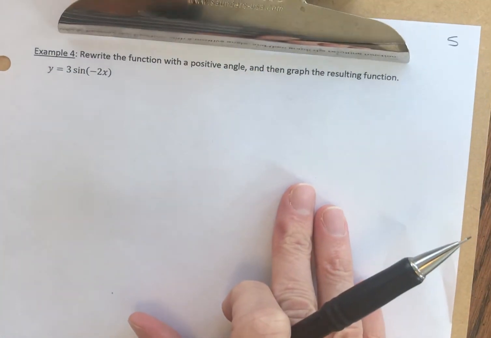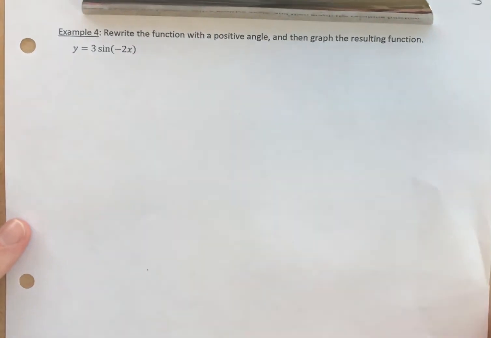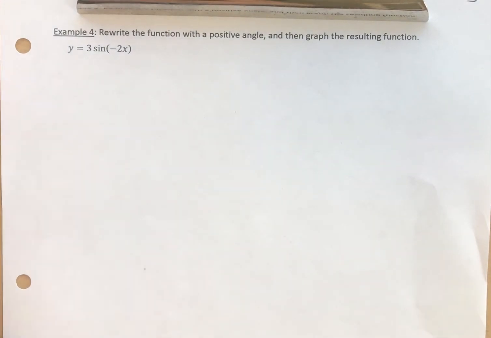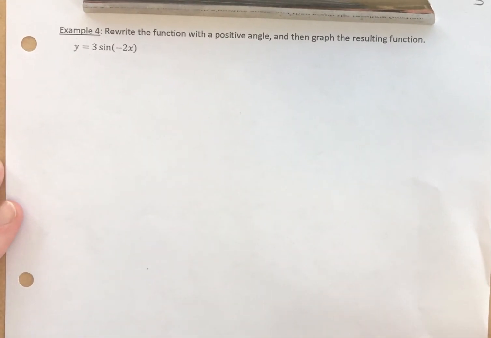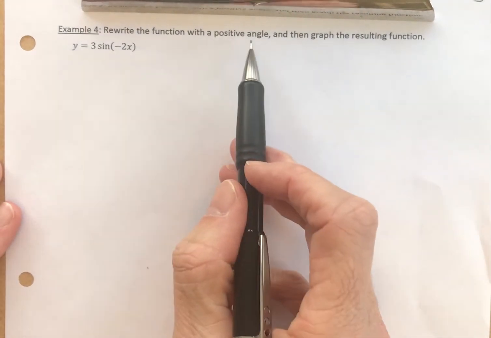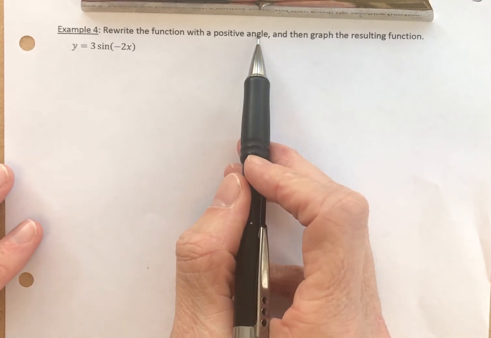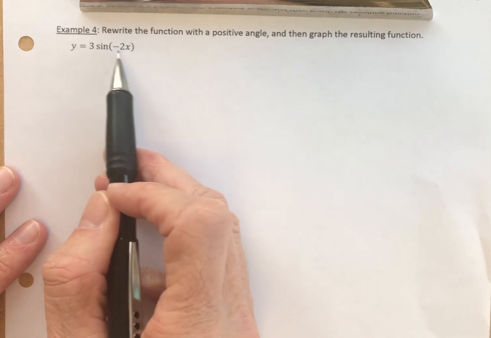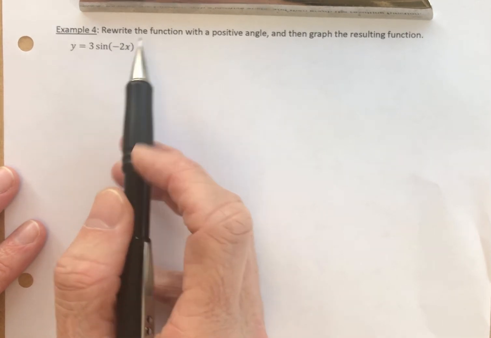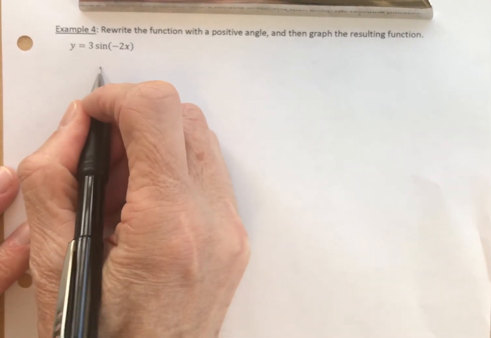Okay, the last problem we're going to look at. Let me get my notes so I don't make any mistakes. We want to rewrite the function with a positive angle and then graph the resulting function. Well, this currently has a negative angle because of the -2. So we need to recall,